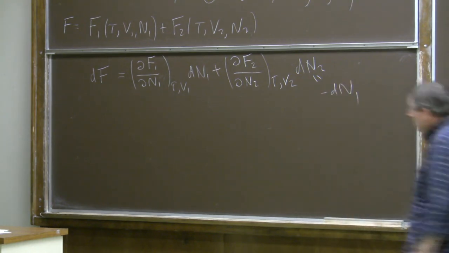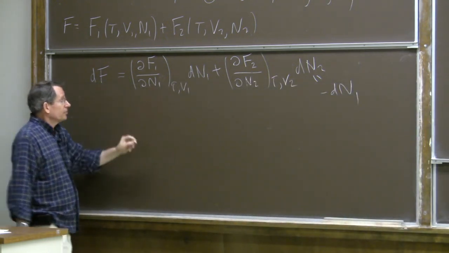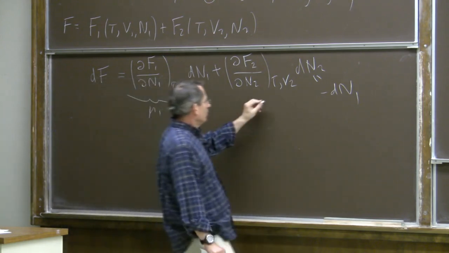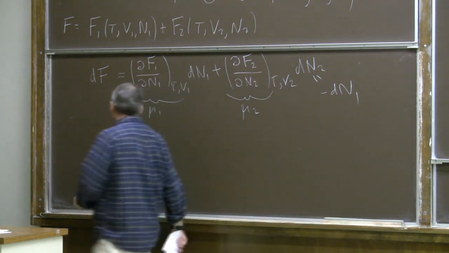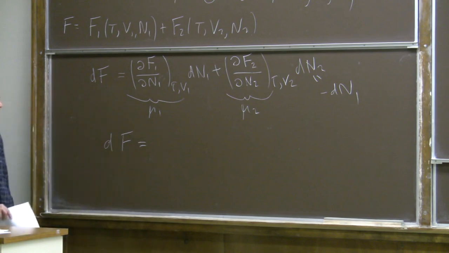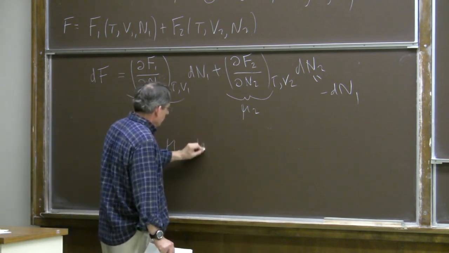We can define the derivative of free energy with respect to particle number with temperature and volume fixed as the chemical potential. This is the chemical potential of system 1. This is the chemical potential of system 2. The first order change in the free energy when N1 changes is then the difference, mu1 minus mu2,